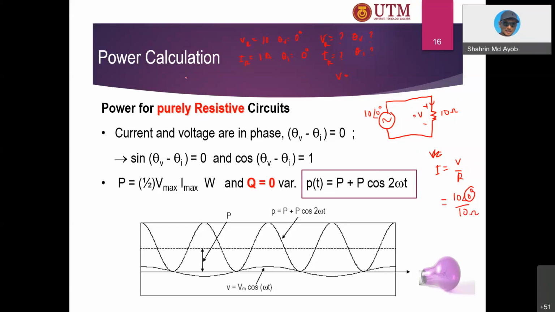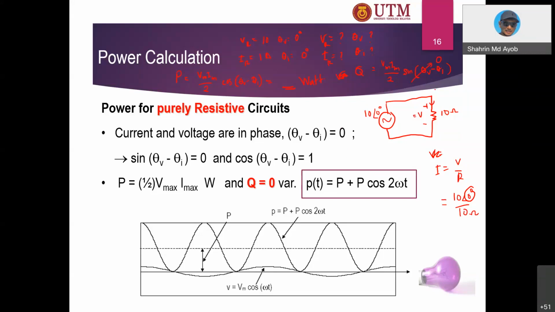Okay. So by using this calculation, the equation P = (Vm Im / 2) cos(θV − θI), you will get some answer, right? What about Q, the reactive power? Q = (Vm Im / 2) sin(θV − θI). Right now your θV − θI is 0, so sine of 0 angle is